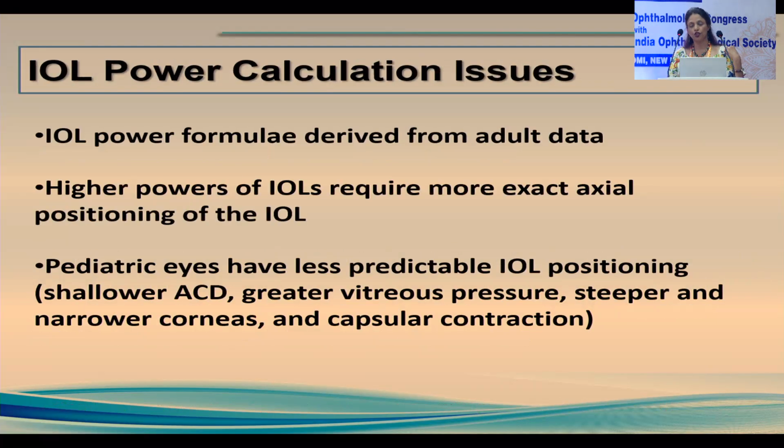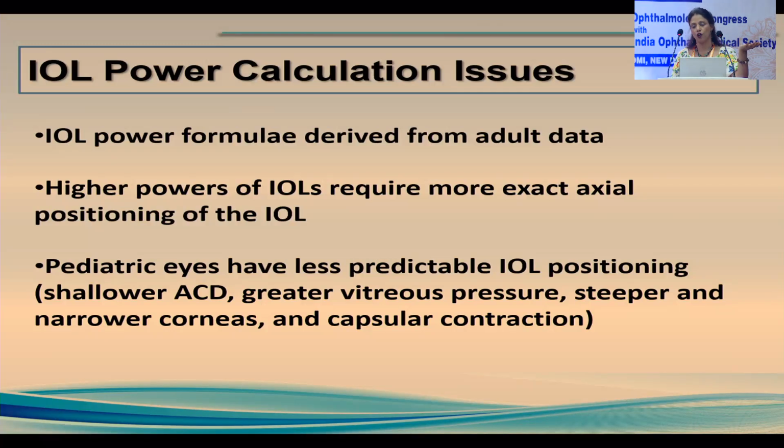IOL power calculation issues also I've talked about. So obviously, these are derived from adult data. And remember, these are smaller eyes, so the actual IOL power which we will be calculating will be higher. It requires more exact ELP determination in these cases, which we are not able to determine. So as a result, we have less predictable IOL positioning in these cases,